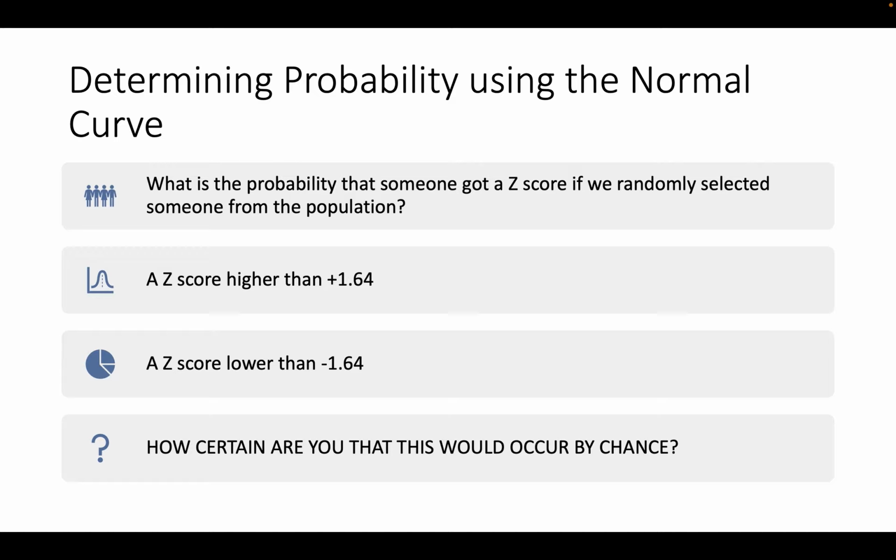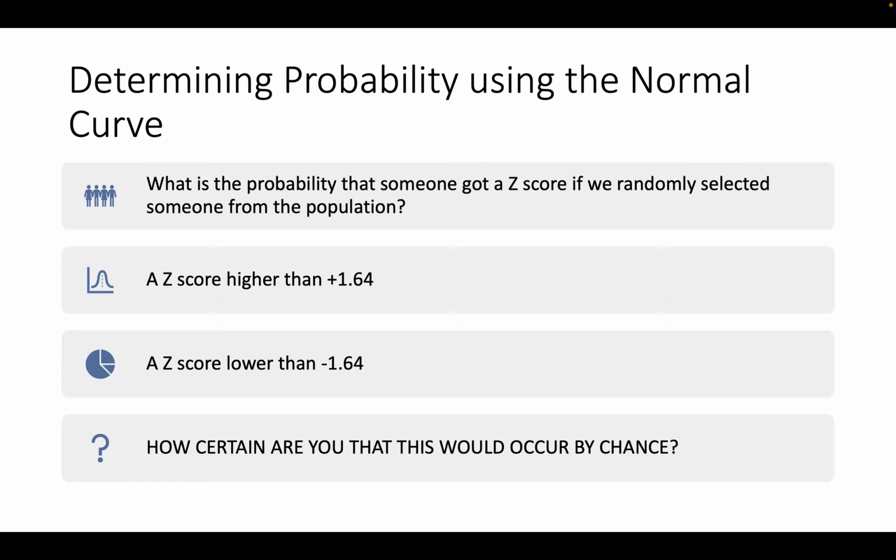So we can determine probability using the normal curve and information about our z-scores. So what is the probability that a z-score will be higher than positive 1.64? Go ahead and find that number in your column. Look at the corresponding column in the middle and to the right, and you have a value of 0.05 or